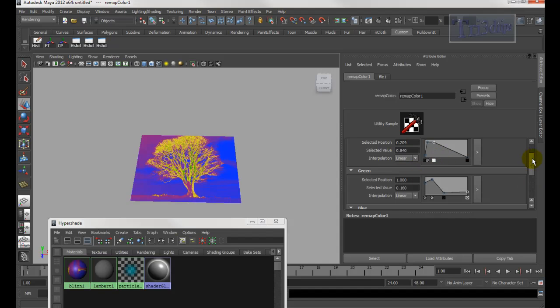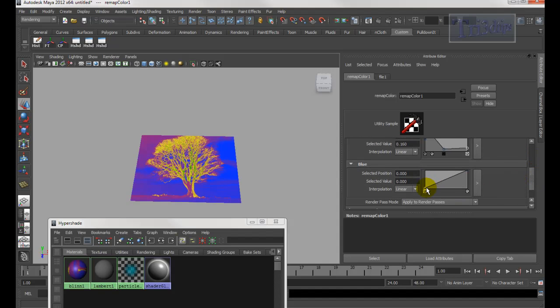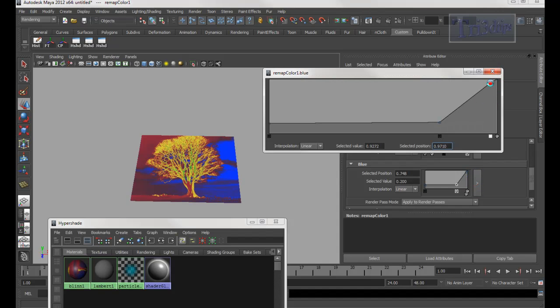Okay, last one is the blue channel. You can raise it up a little bit, and then you go right here. See how I can reduce it? You can go like this. Let me open this. Then I can click one more, and I can go really sharp down. Notice that as I pull this one down, the blue sky becomes weaker. More black is introduced. So what this means is